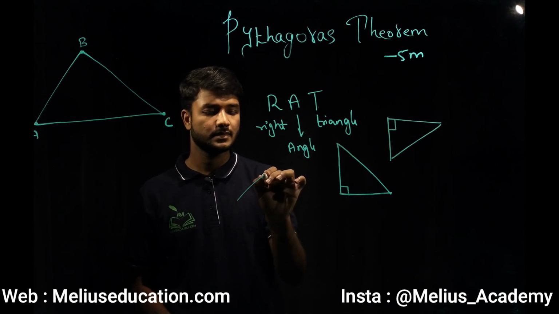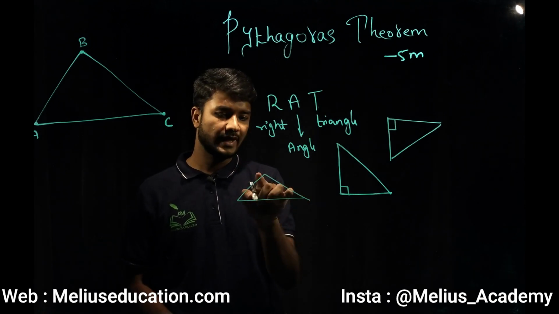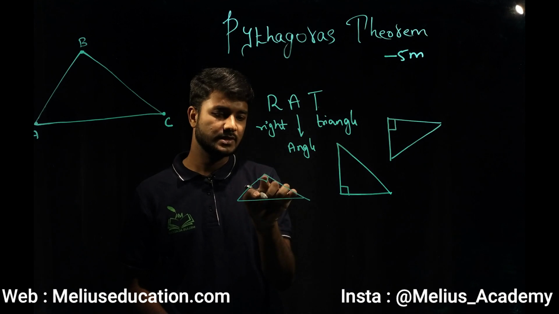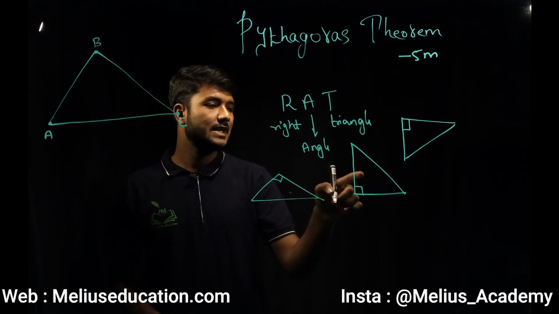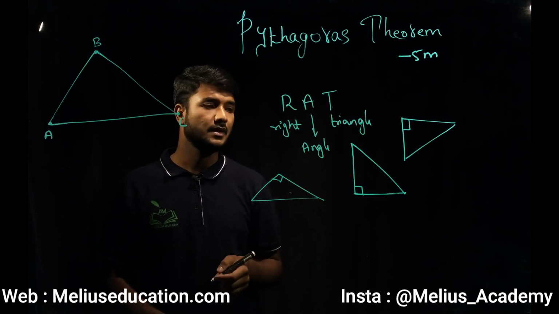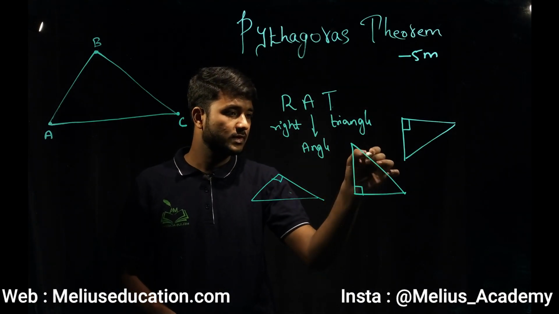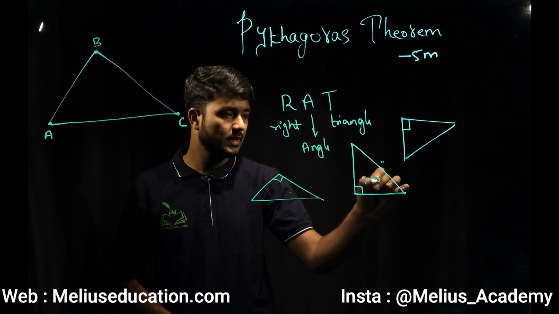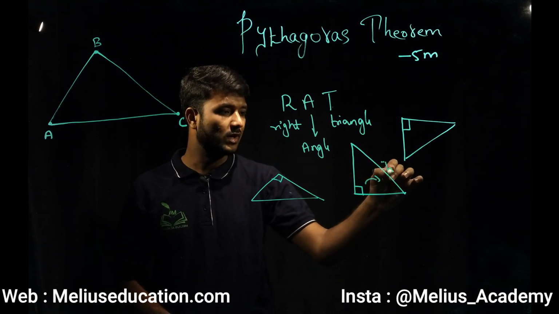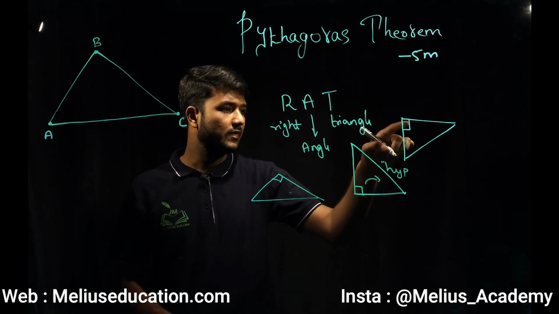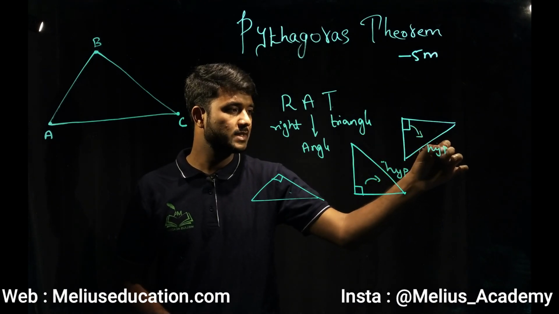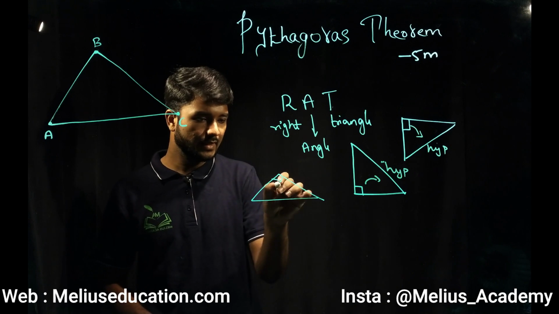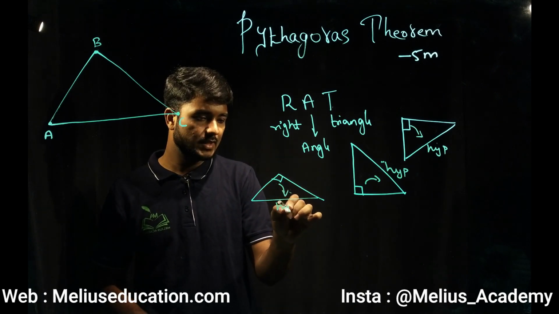Even this, you find L shape here. So even this is 90 degree. So even this is example for right angle triangle. So these are the examples for right, that is right angle triangle. So the side opposite to 90 degree is called as hypotenuse. If this is 90 degree, opposite to this is this side, which is called as hypotenuse.